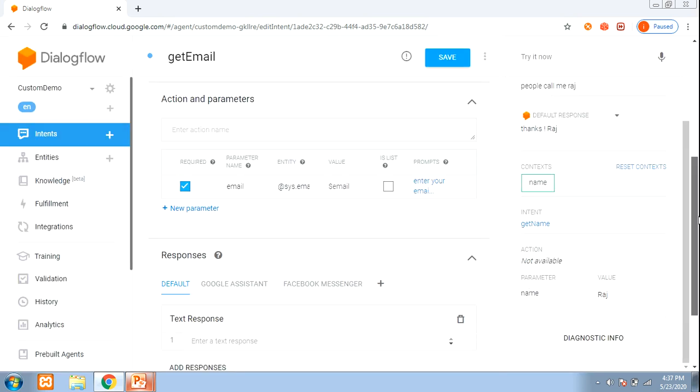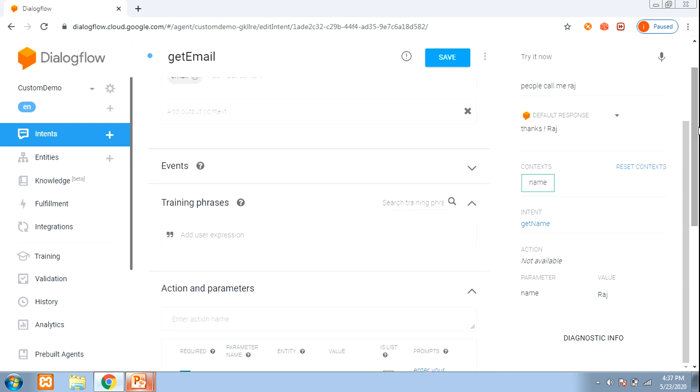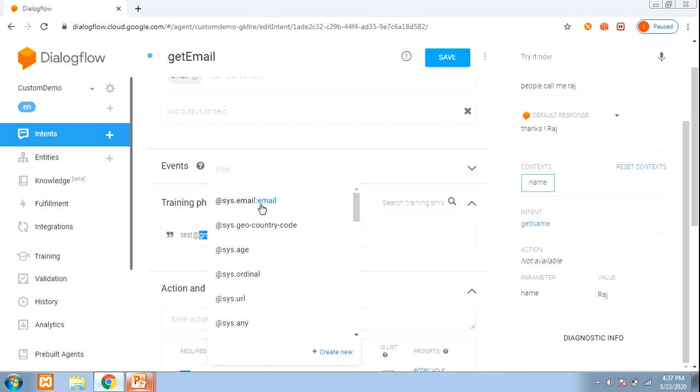My prompt is like enter your email ID, and click on the close button. Now this is a very important thing next, the training phase, and provide some emails here in different formats. It may be like just test@gmail.com, and select all the test, or double click on it. You can see here on the right side one pop-up is shown.